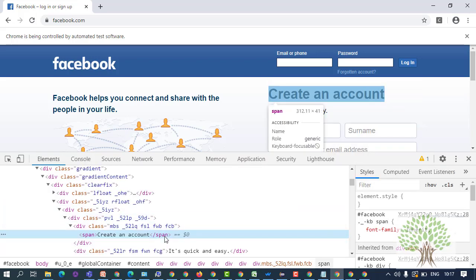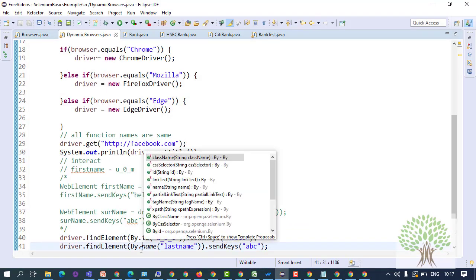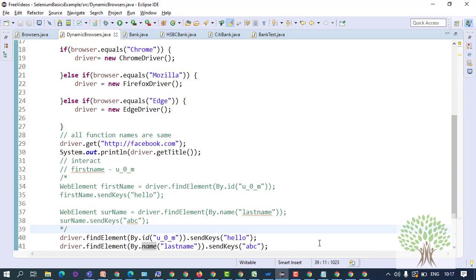Okay, so how do you manage this? To manage this, we have got other locator strategies, which are like CSS selector, or XPath. Fine. So that's what we will be doing in the next part.